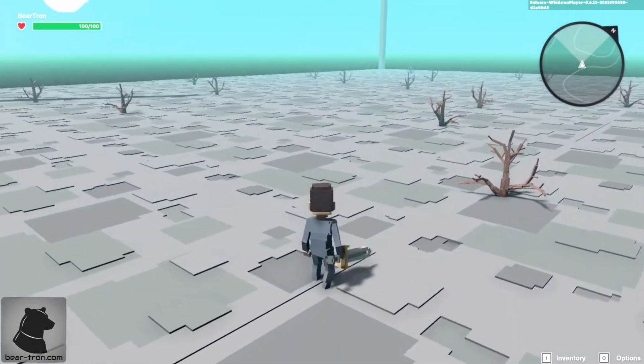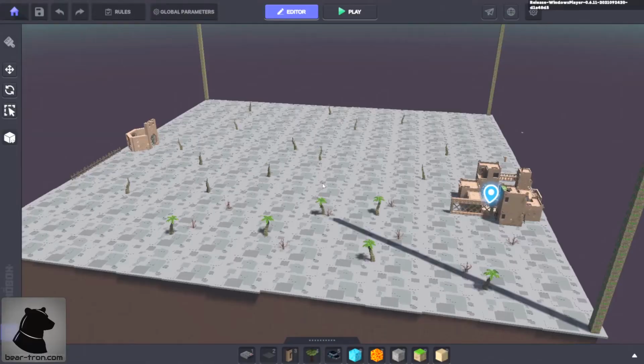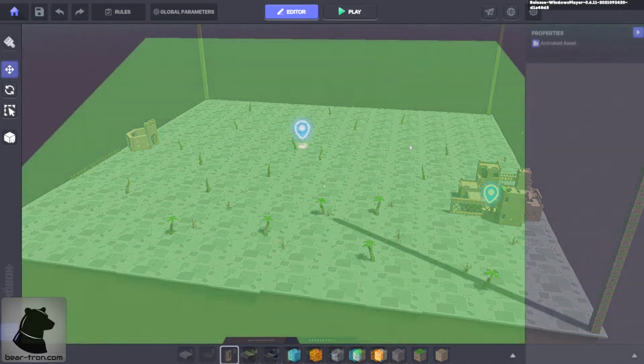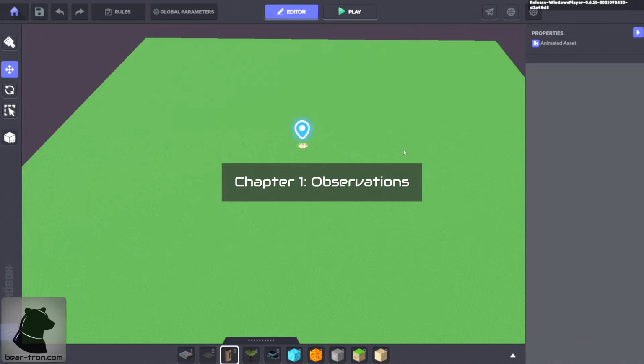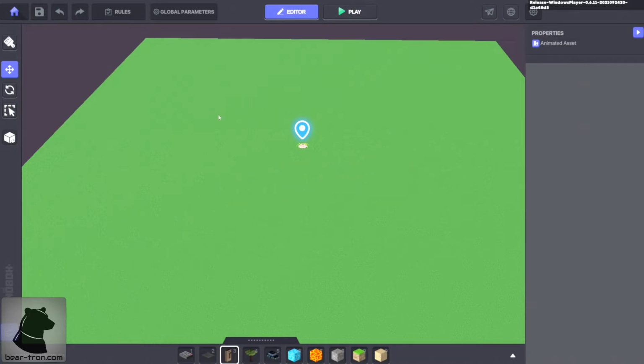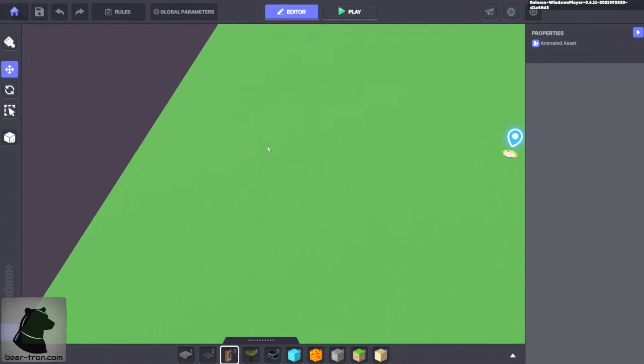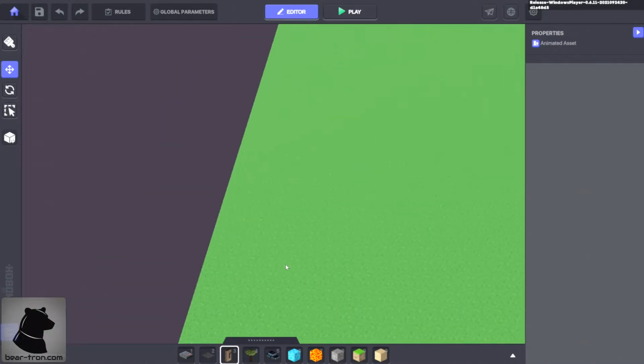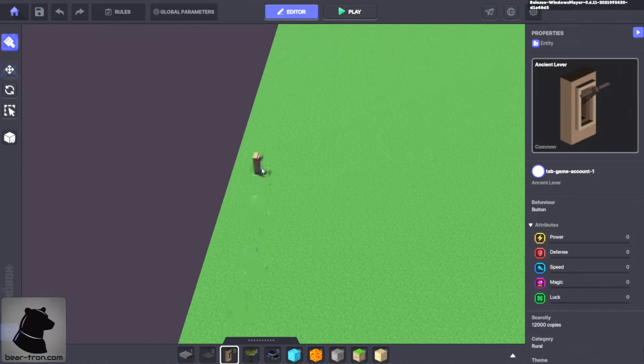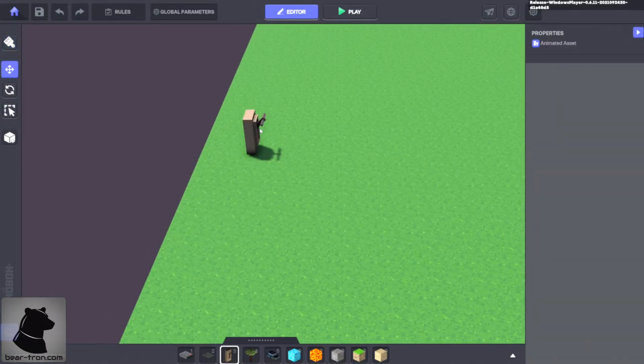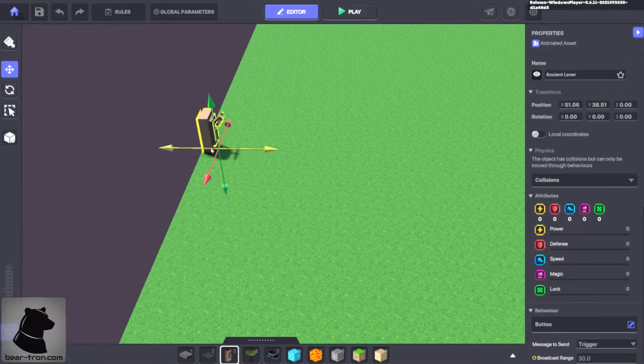Oh, and by the way, we're under GameMaker 0.6.11 currently. Okay, let's start by doing a couple of experiments and observations here. If I place an asset on the ground and I try to put it outside, I can't. No matter how far I drag the mouse, the object is not going to go anywhere outside. And even if you type the number here, on the Z, if I try to type, for example,